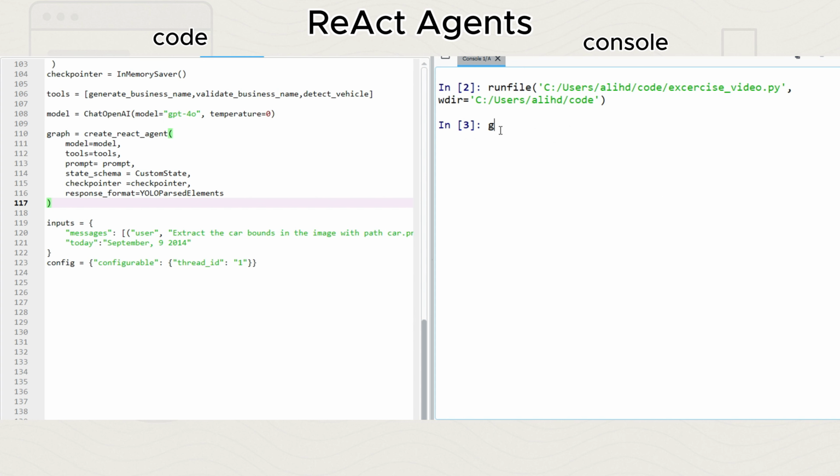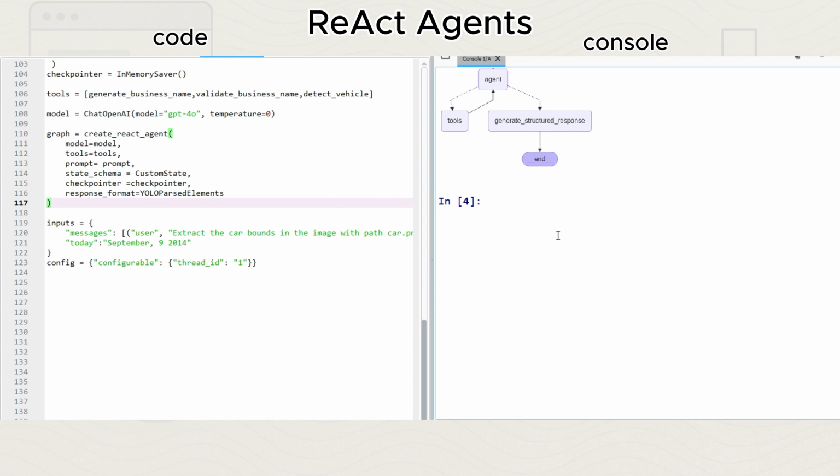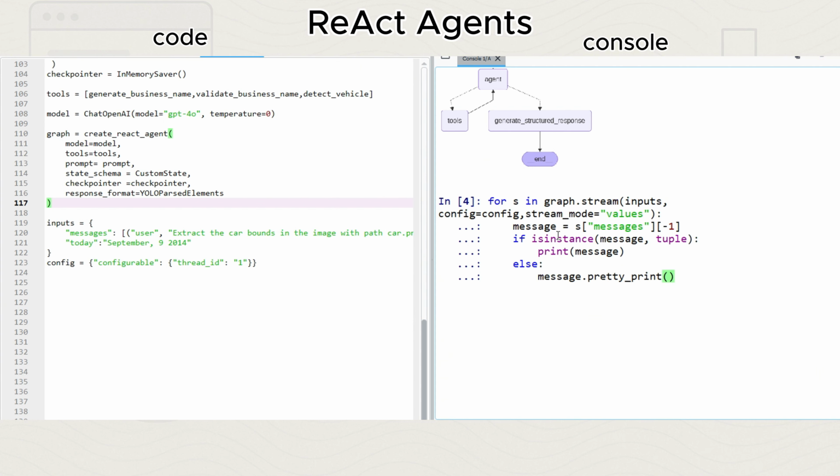But before doing this, let me show you something. You can see now what will happen is that there will be another node, generate structured response, within the graph. Just by adding these things, what's good about Create React Agent is that it takes these things into consideration in the backend. So if I open the code, you will see details about such a node and so on. So streaming the graph,